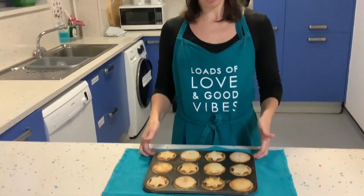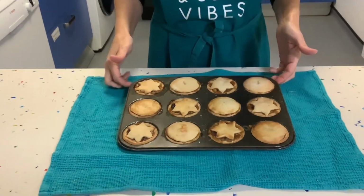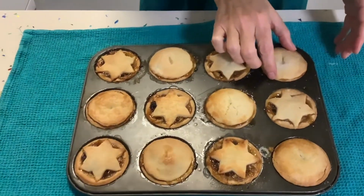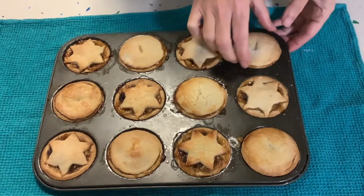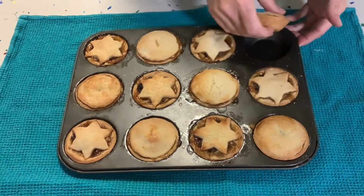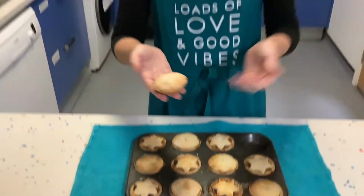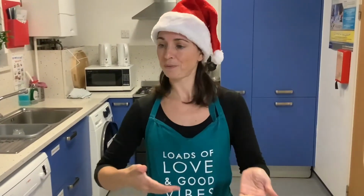So 15 minutes later, I've taken the mince pies out of the oven. Here they are. We now need to wait about 5 minutes until they'll cool down a bit, and then you'll be able to just scoop them out. Put them nicely on a plate, put a bit of icing sugar over the top,